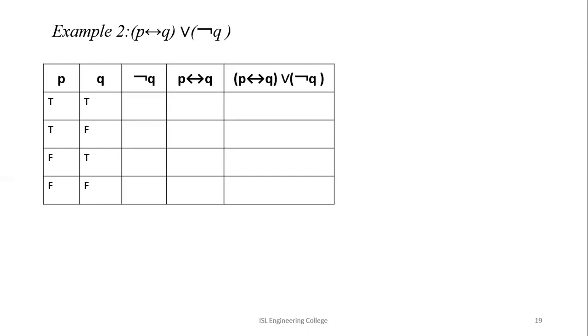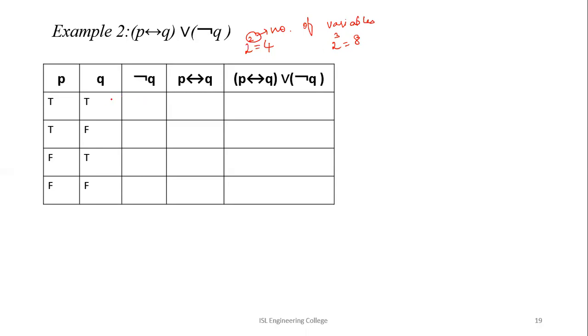One thing that you are supposed to remember over here is that if you have two variables, you will have 2 square, that is 4 rows. So this power indicates the number of variables. I've already taught this, but let's just remember this point that if you have two variables, you will have 4 rows, and if you have 3 variables, you will have 8 rows. So in the earlier example, we have seen it with 3 variables. Now we just have only 2.